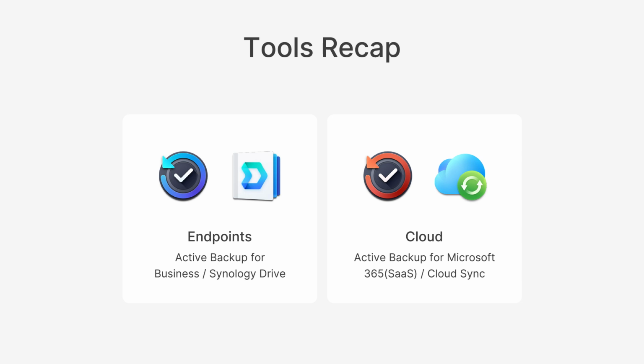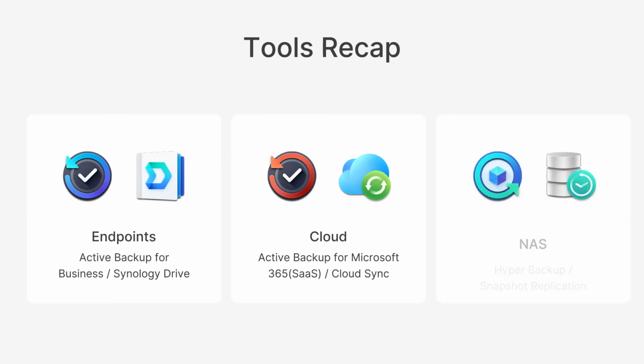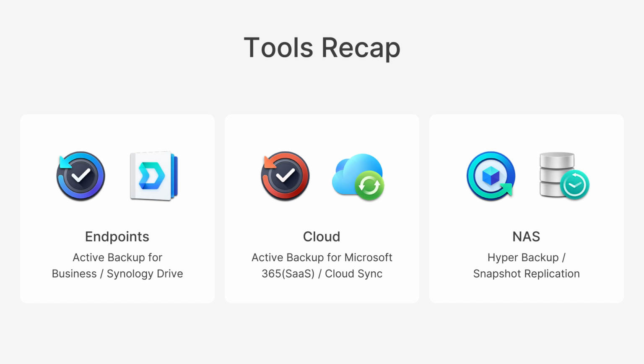For your software as a service platforms, you have the ability to use Active Backup for Microsoft 365 or Google Workspace modules, and if there's other cloud service providers you utilize like Box or Dropbox, for example, you can utilize Cloud Sync to get that data down to the Synology NAS. Now, once all of that data is residing upon your Synology NAS, you want to layer additional backup copies into multiple destinations. And to do so, you're going to use a combination of Hyper Backup and Snapshot Replication. Hyper Backup allows you to back up to a third-party cloud provider. That could be Azure, Google, AWS, etc. Or you can back up to Synology's C2 storage if that is a solution you would like to utilize.